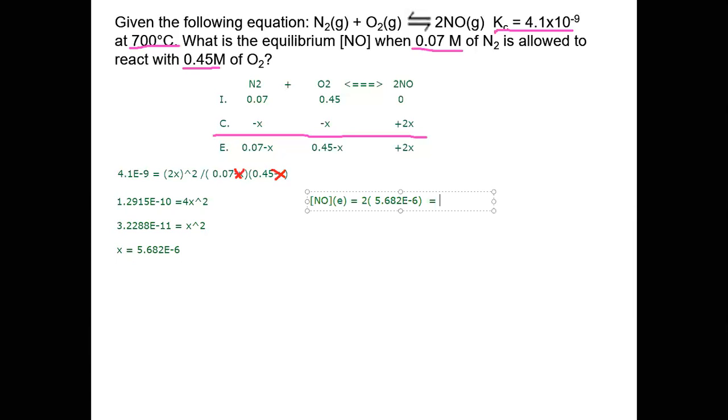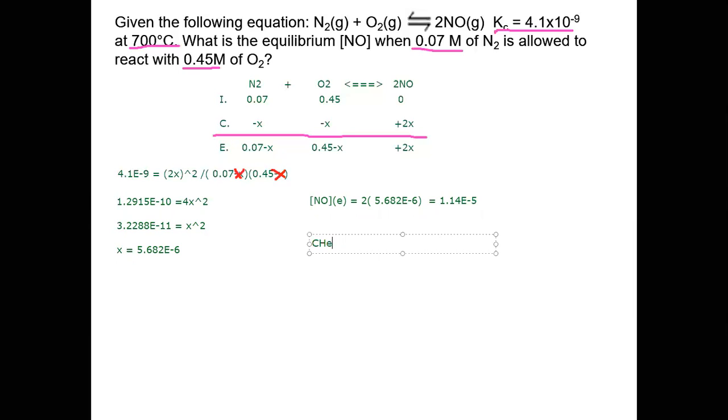And we get 1.14 e to the negative 5th. So this is the equilibrium concentration of NO. Now to check K. And you'll notice that